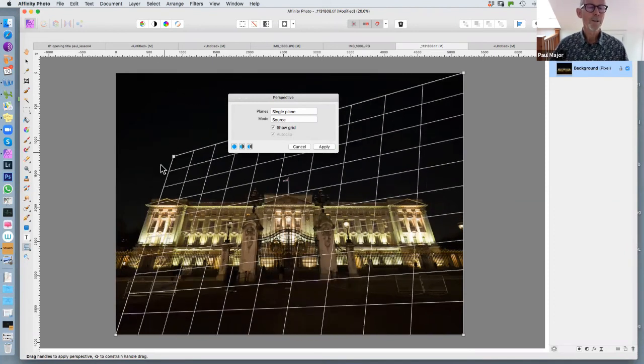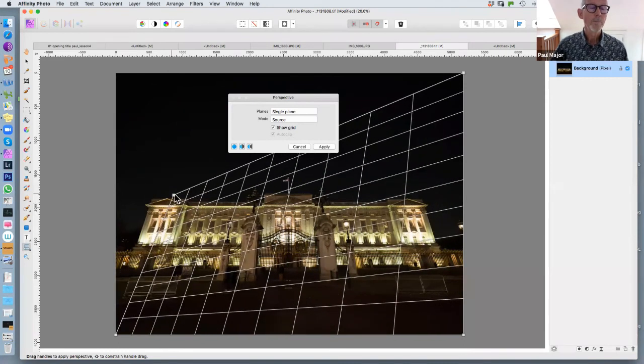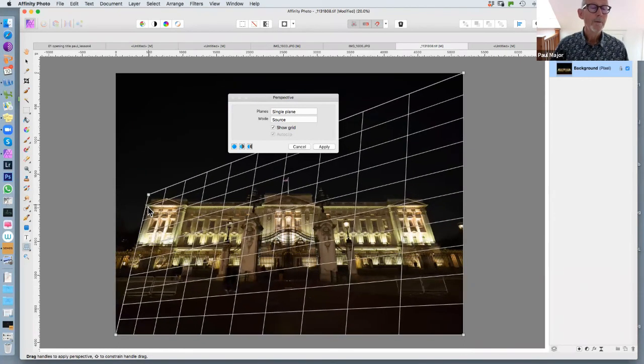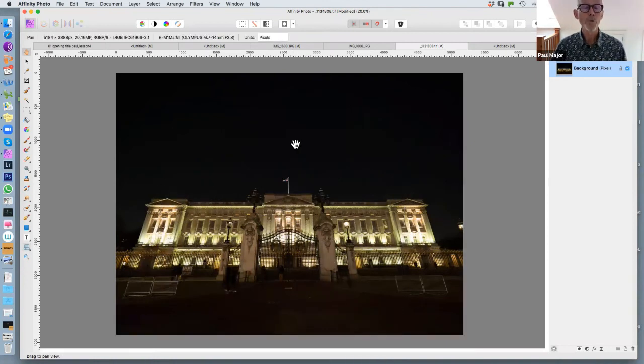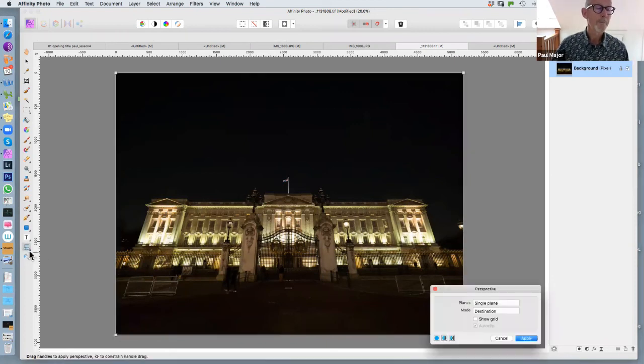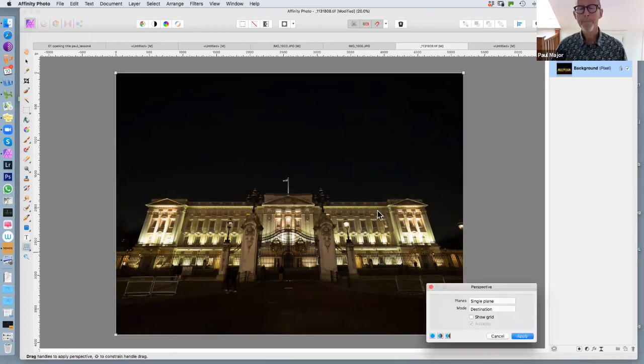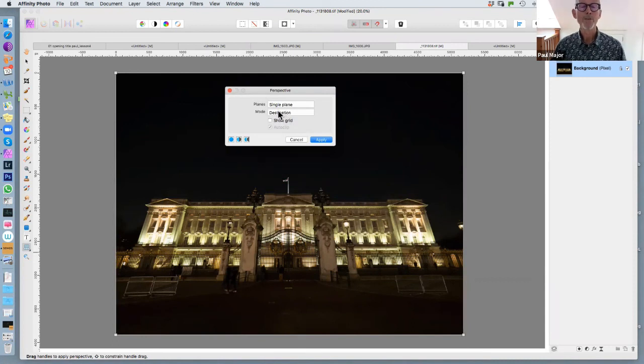You can bring it down and, right, just bear with, I'm just going to cancel that and pick it up again. Right, so mode is source, and pick it up,